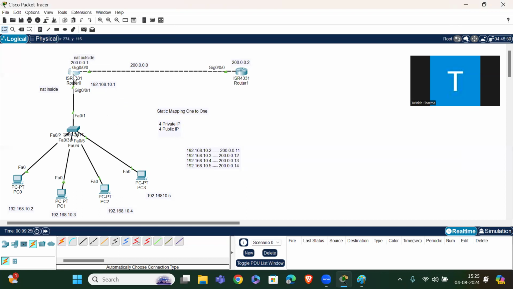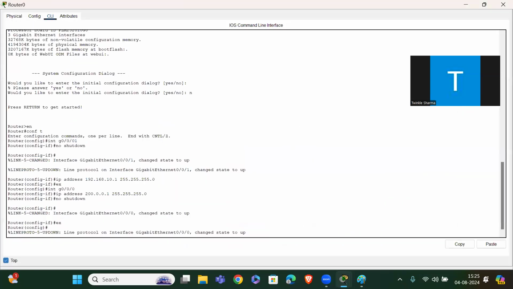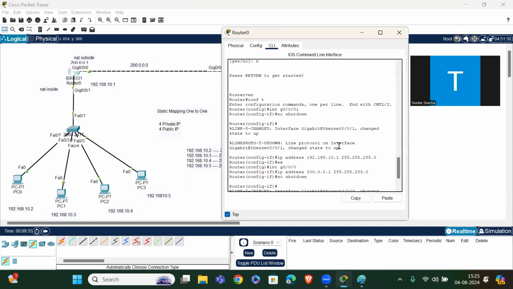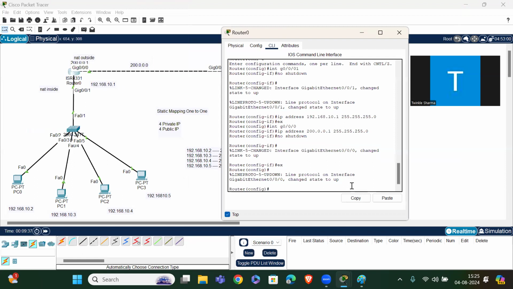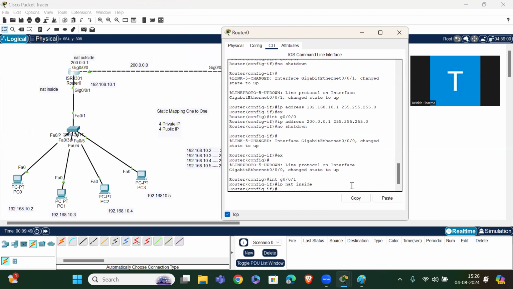Go to router 1. We will configure interface G0/0/1, ip nat inside.